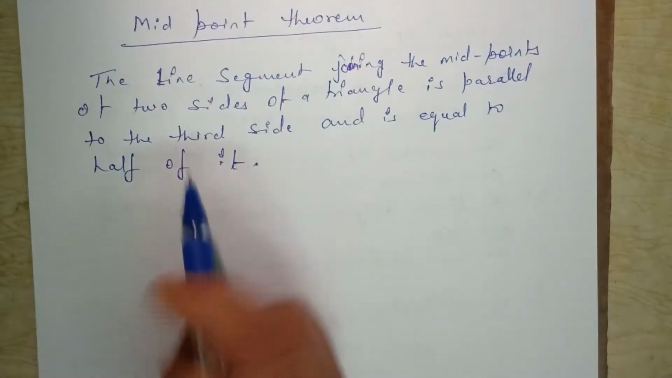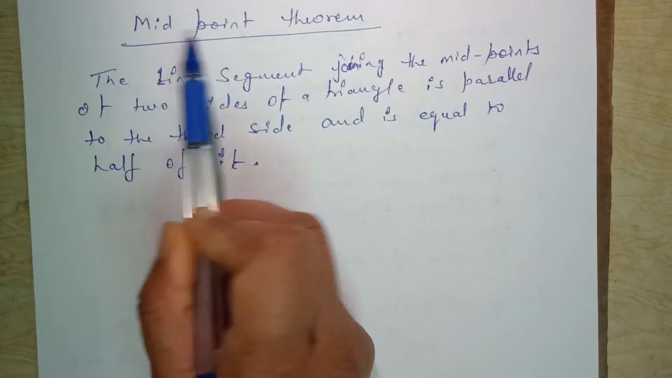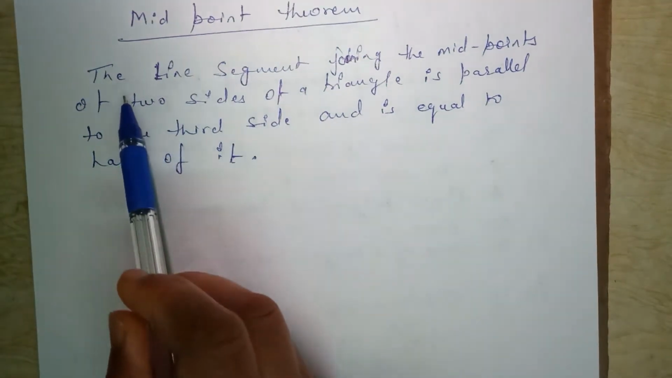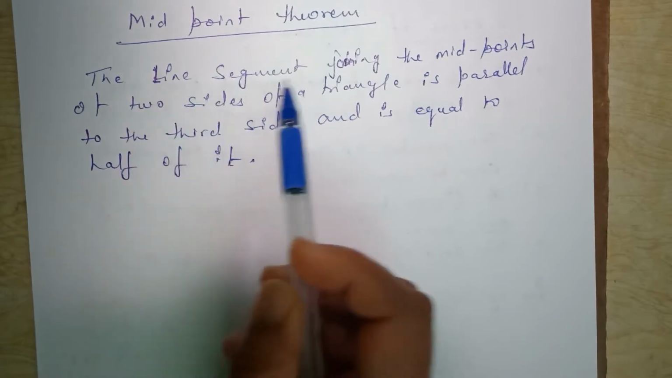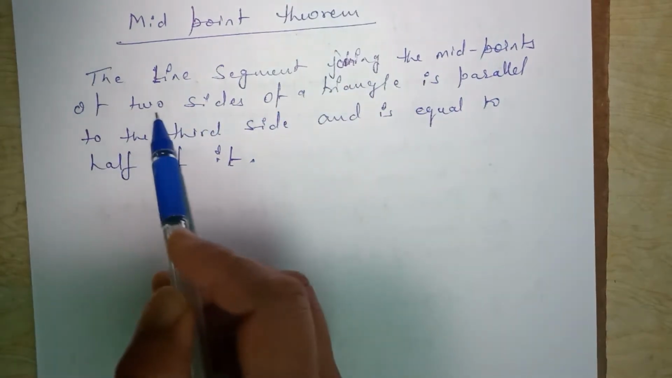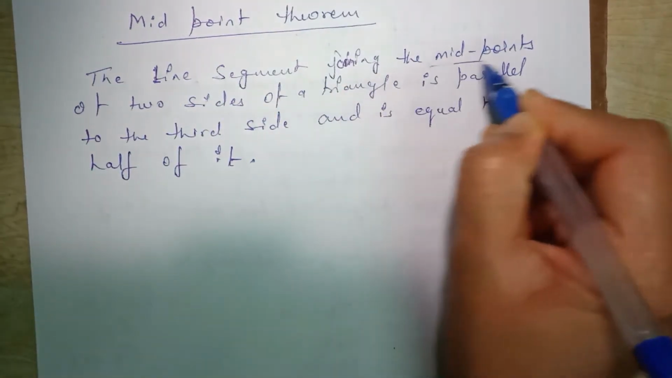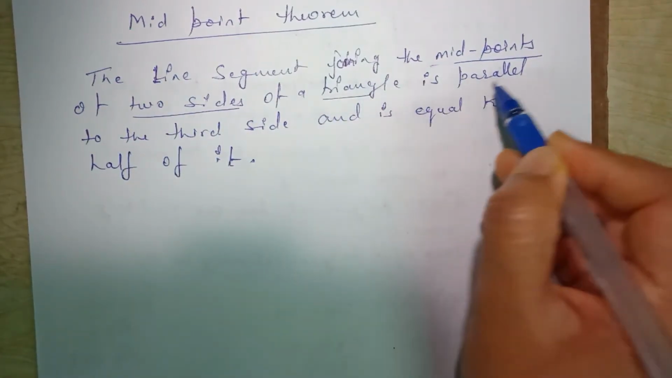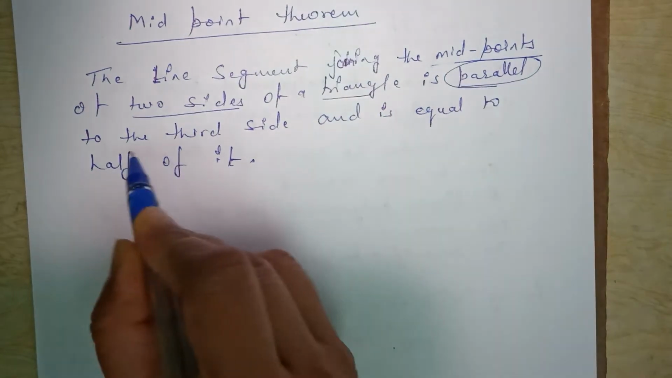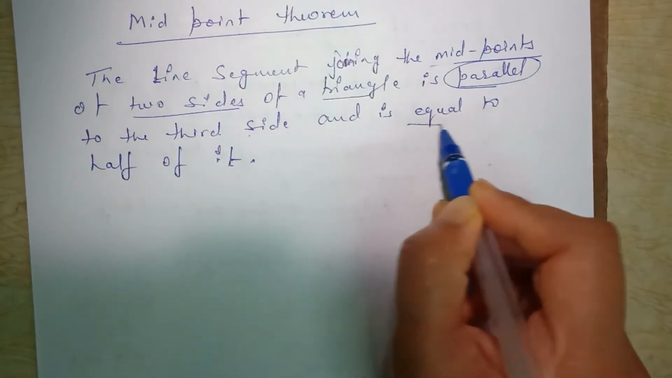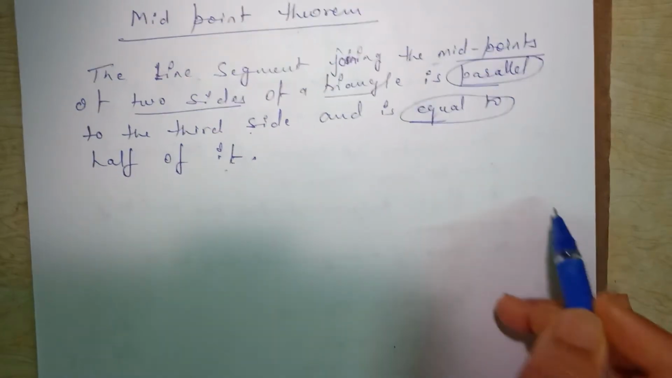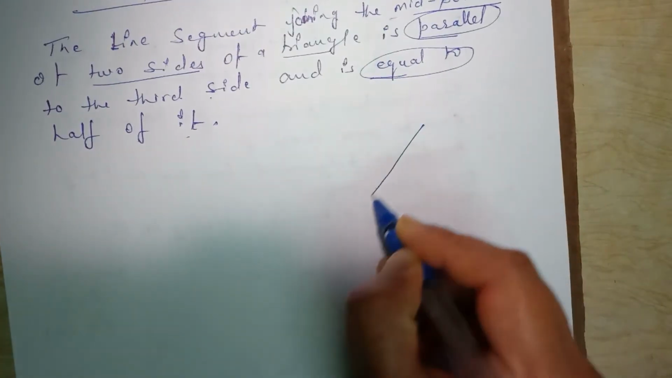Yes, children, today we're going to learn what is midpoint theorem. First, let us come to the statement. What is the statement of midpoint theorem? The line segment joining the midpoint of two sides of a triangle is parallel to the third side and is equal to half of it. It means that there is a triangle